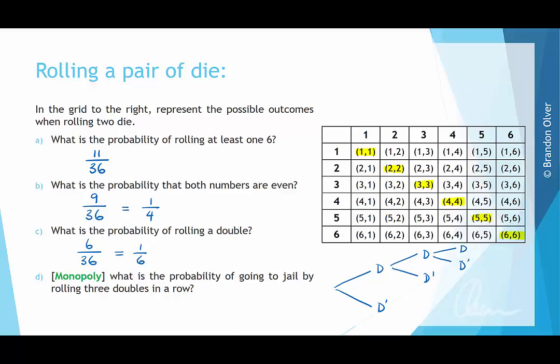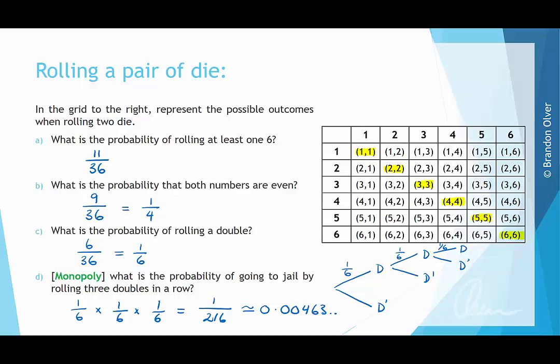So in this case, we then have 1 on 6, 1 on 6, and 1 on 6. And we multiply across our branches to give 1 on 6 times 1 on 6 times 1 on 6, which is going to equal 1 on 216. And now, just for your interest, if you wanted to know what that is as a decimal, it would be 0.00463, and it goes on and on. So there's a very, very small probability of you actually going to jail by rolling 3 doubles in a row,